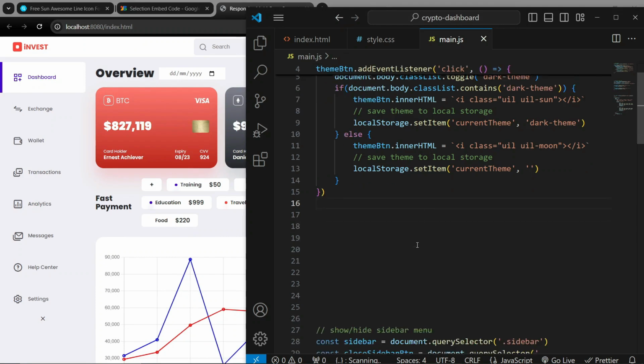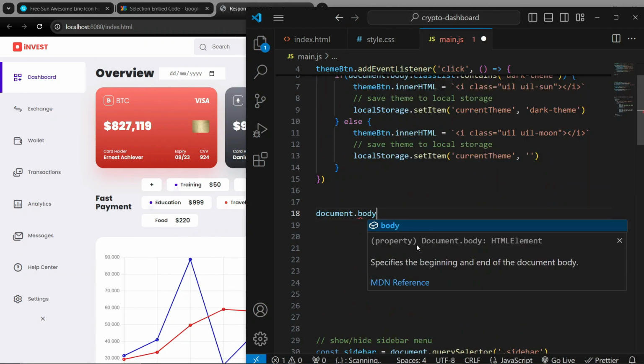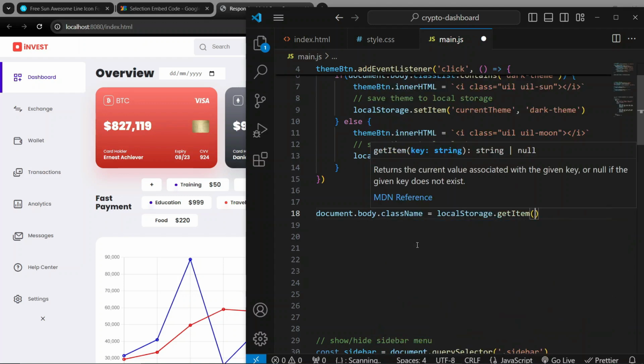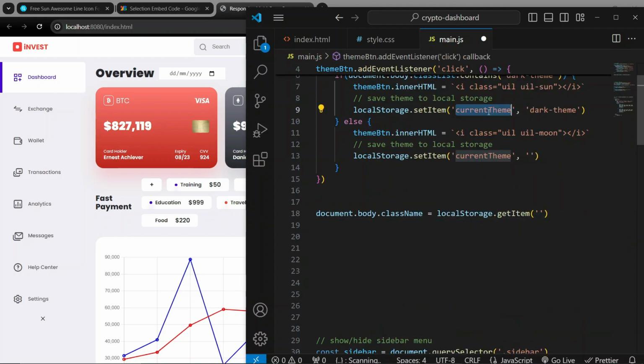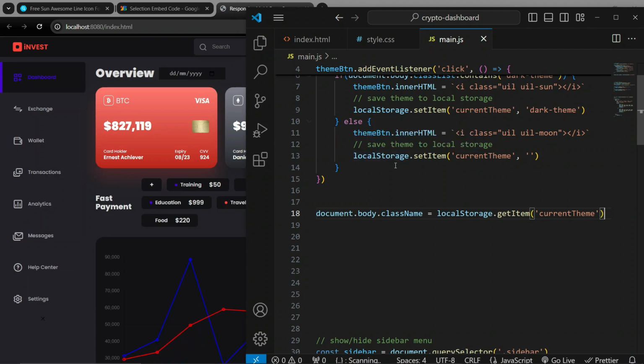Let's get back here, and we are going to say document.body.className should be equal to localStorage.getItem, and the item we said was current theme. That's the name of the thing we are trying to save. So we are getting that item, and then whatever class is saved in the local storage, we are setting that as the body. And now, since I saved, you can see we have the dark theme, since that was what is saved in